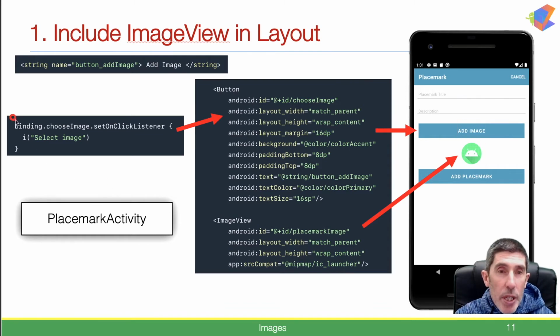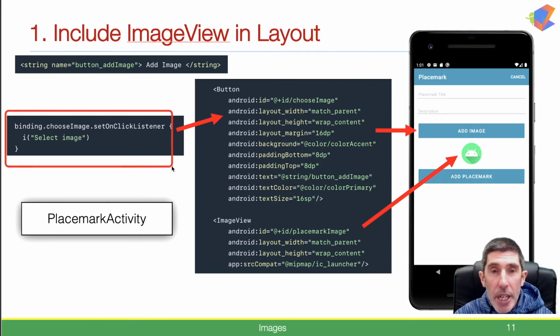And just to begin with, we will bind to it and set a click listener, and set a click event on it, and just display select image to the console. So we're not going to dive straight in, we're just going to build it up little by little. So this will be the first step in bringing in and just checking what the user expects to happen,